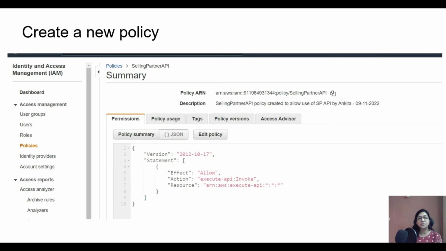You have to go to the Amazon documentation. The link I will provide in the description below, from where you can take it. You copy the exact JSON that they have provided and copy it here. I have already copied it; the screen that you can see is the one that I have taken from the Amazon documentation. But in case you have not done that and something else appears on your screen, make sure it is just similar to the one that is showing on the screen or the one that is mentioned in the Amazon document.